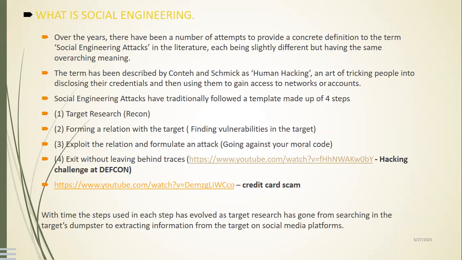So you go to the place, or you do social media recon where you look for a target whom you think is going to be easy to manipulate. And then you try and find the vulnerabilities. The third one is to exploit the relation and formulate an attack. So you create a mode of how you do your operation. And also I put there going against your moral code, because